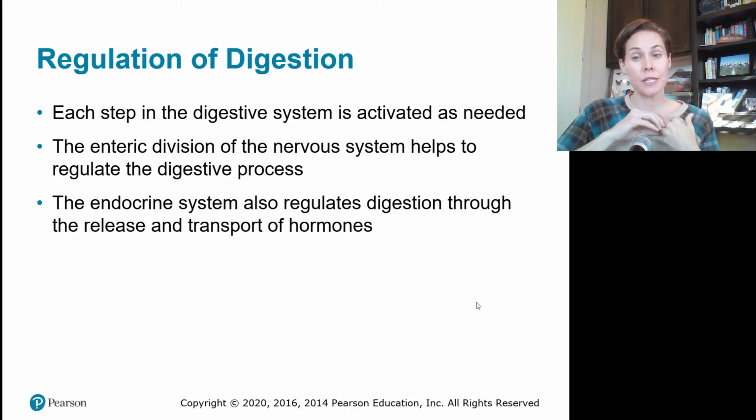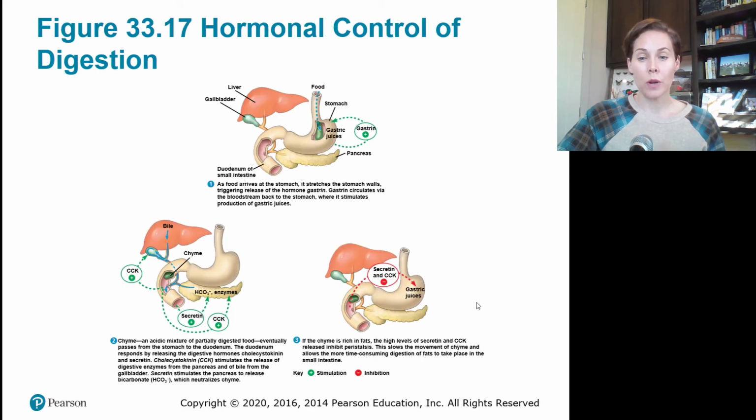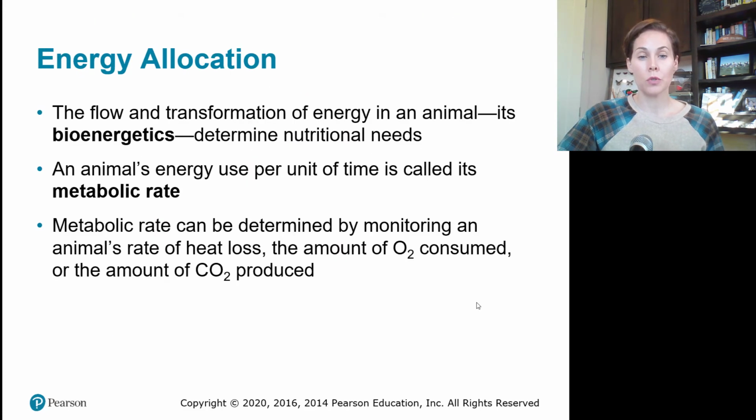And our endocrine system also regulates digestion by releasing and moving around hormones. And probably one of the most well-known hormones that we'll talk about in just a second is insulin. The flow and transformation of energy in an animal is called its bioenergetics, and its bioenergetics determine the nutritional